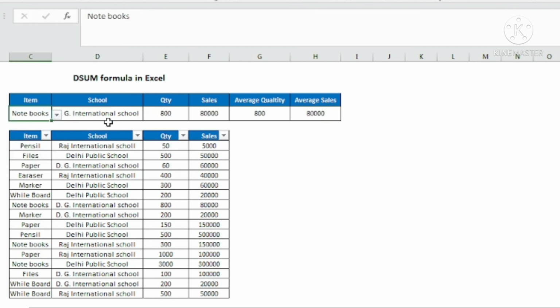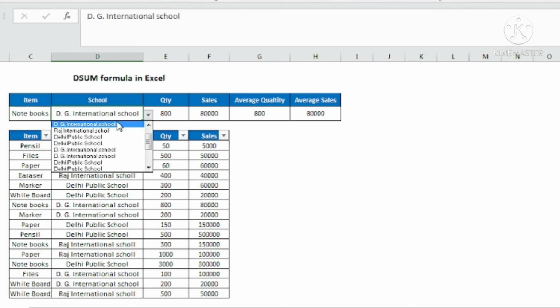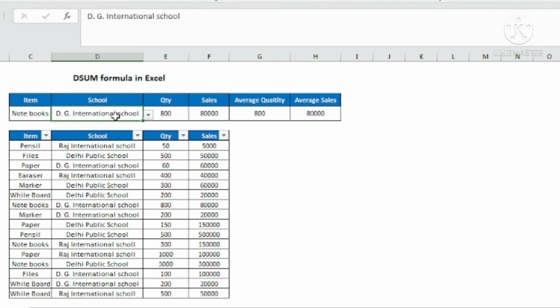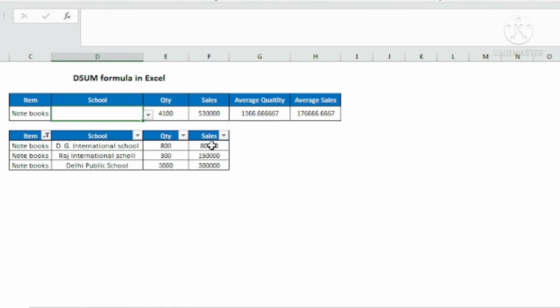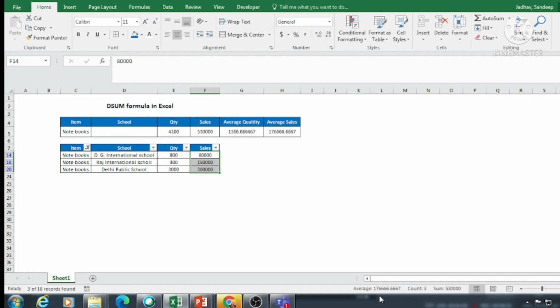I will select any other, notebook is 80,000 for all the schools. Suppose I want to see the average of all the schools for, say, notebooks. I will just go ahead and delete this particular cell. I will get the average sales for all these schools for the item notebook. So I'll just go ahead and check that: notebook, select this average. You can see here 176666. So I'm getting the correct answer like this.